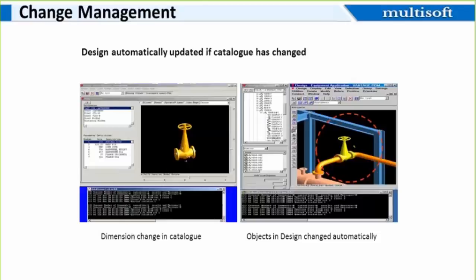Why? Because PDMS is a data-centric software. That is, the data is centrally stored and is then referred in the 3D model. So any change in the catalog or the data center from where the data is referred will be automatically updated in design and then in draft. So this link is throughout, from the basic input like the catalog to the final output like the drawing. Everything will be updated automatically.